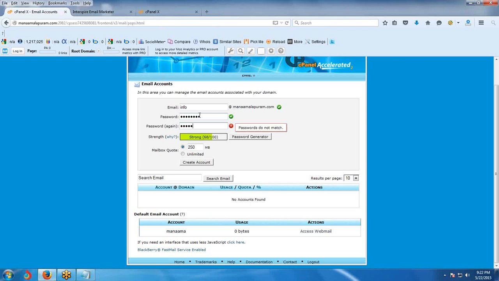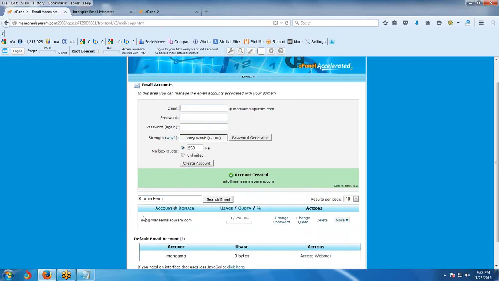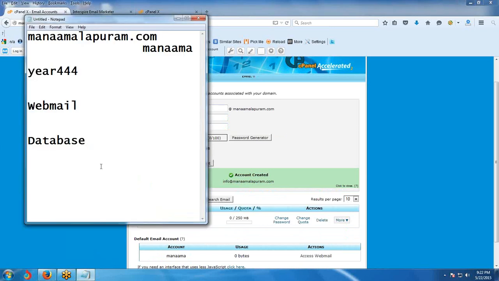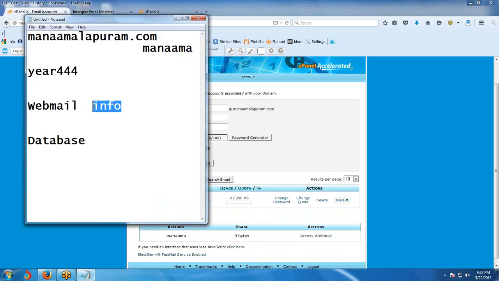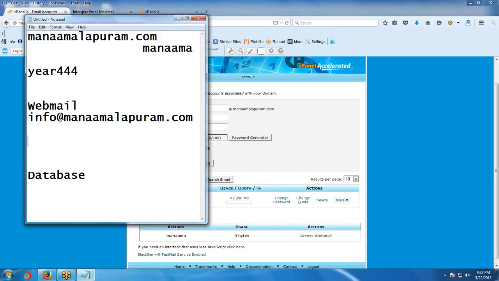We must remember the password. Create an account. The webmail password is 2015. Info is the email ID. Password is year 2015. That's it.